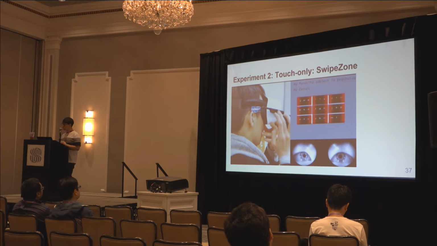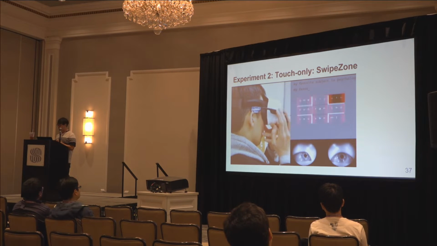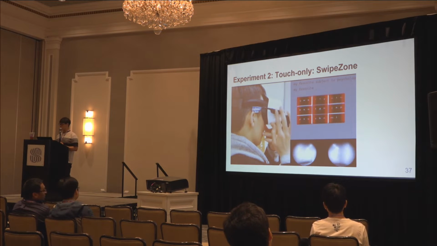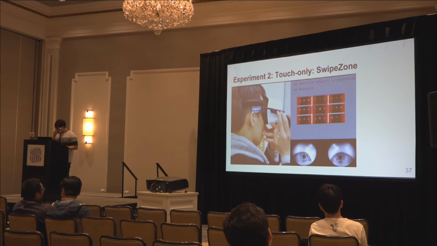And then this is the video for the swipe zone. Due to time constraints, I cannot explain in detail, but in short, users have to select one of the 9 sub-keyboards with 3 touch gestures. To do that, the user must distinguish 3 touch input regions on the temple, and so the users can select one of the 9 sub-keyboards. Then they select one of the 3 keys with 2 horizontal swipe gestures and tap gestures after selecting the region.